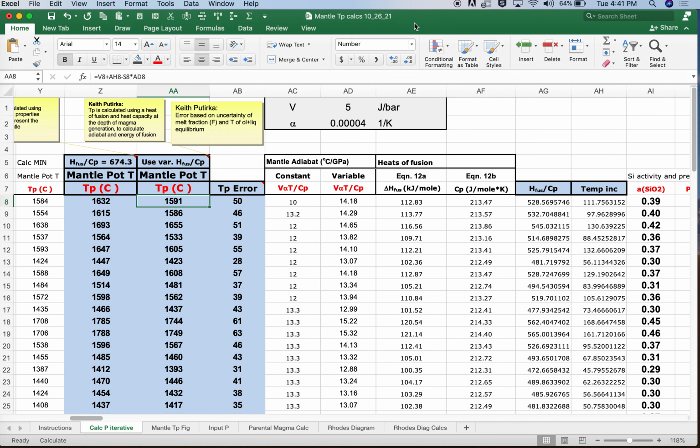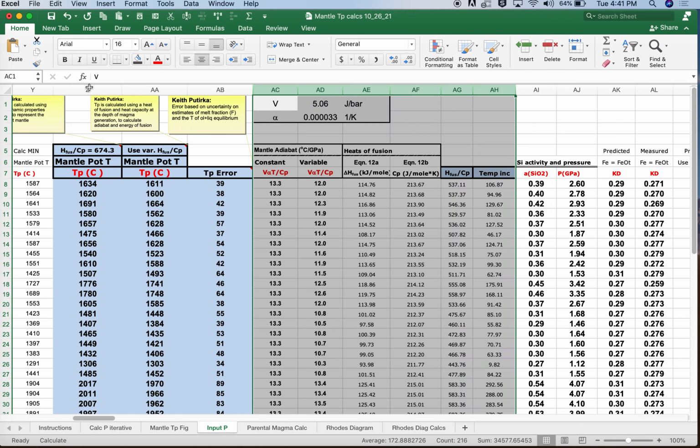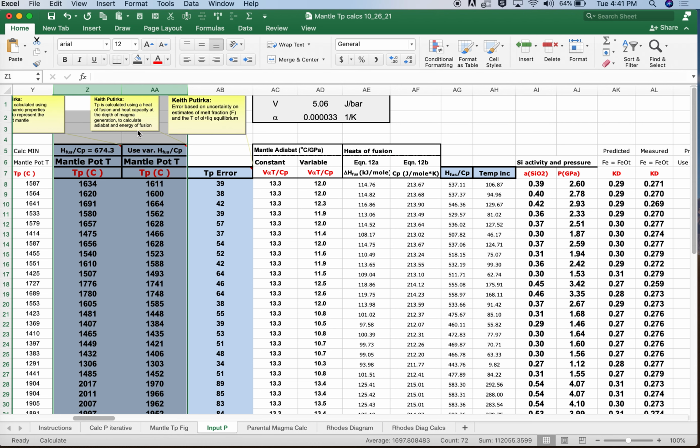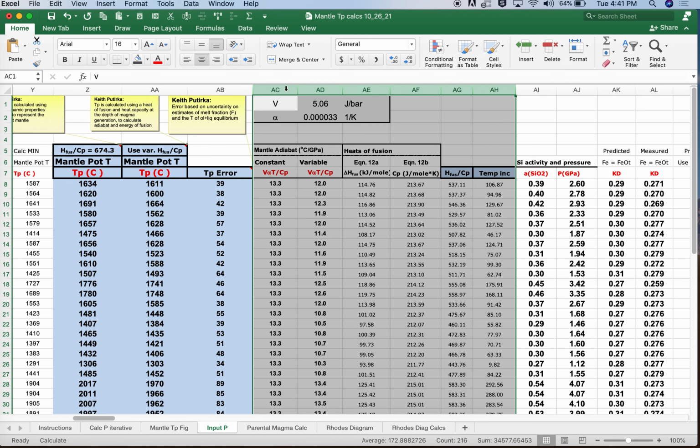Hi everybody, this is one last quick video where we will look at the thermodynamic parameters that go into calculating the mantle potential temperature T sub P that's shown over here in columns Z and AA in the sheet Calc P iterative. If you're interested in inputting P, everything is done exactly the same way. We have two columns that represent two different estimates, as we'll go over, and the same kinds of thermodynamic calculations